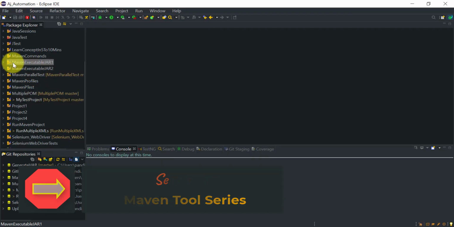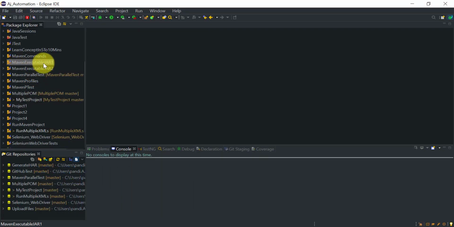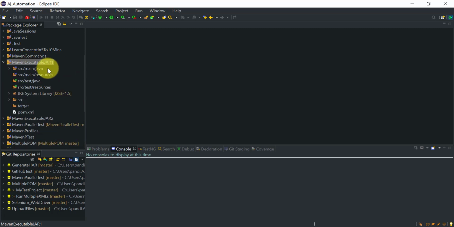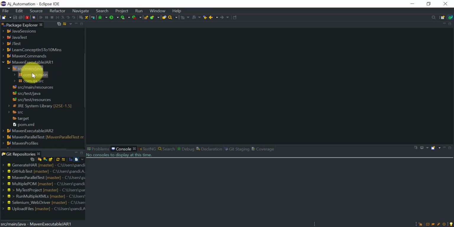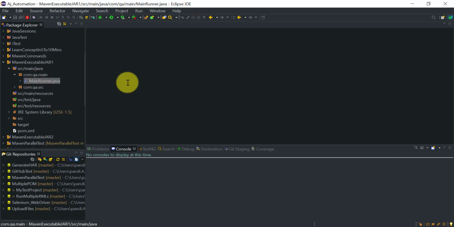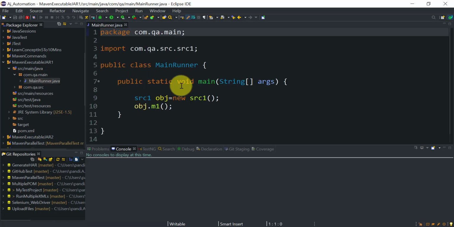Here I have created two Maven projects, Maven executable jar 1 and jar 2. In the executable jar 1 project, I only have the source code available under the src main Java folder. Here we have two packages. This is the main runner class, from where we are going to run our source code.